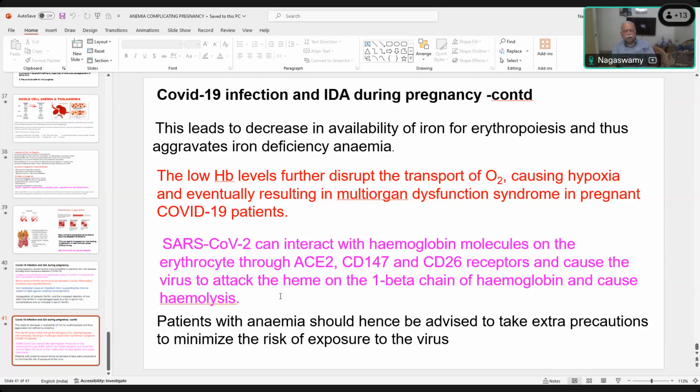Then you go on to see what is the role of hepcidin and other control mechanisms, and the flow chart, importance of investigations to determine the severity of iron deficiency or the anemia, namely the ferritin level, the transferrin saturation, the CRP level, then the iron binding capacity, and hepcidin level, and of course